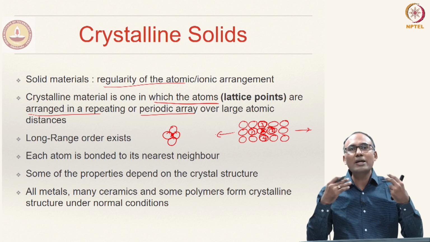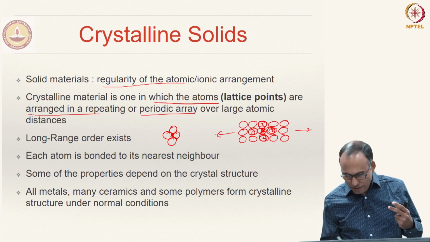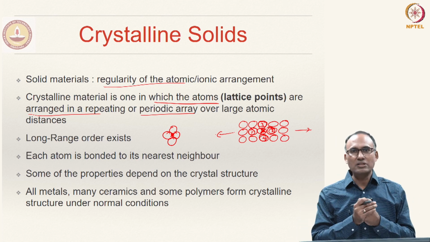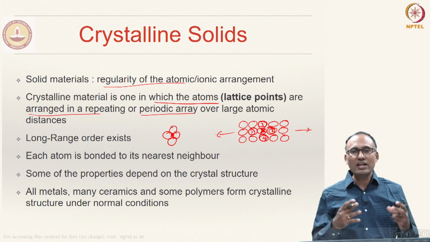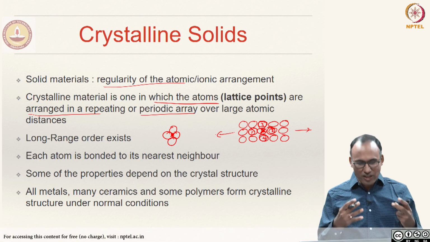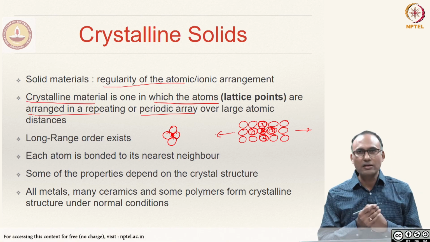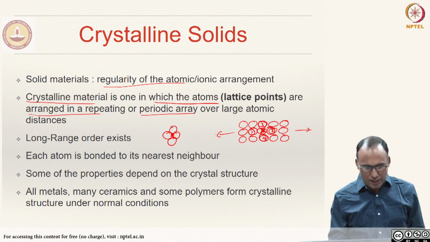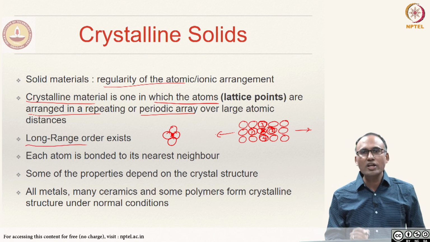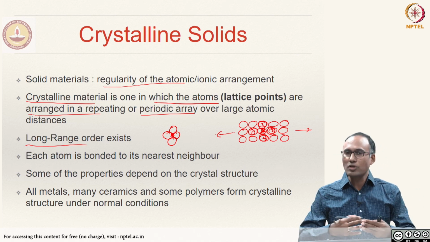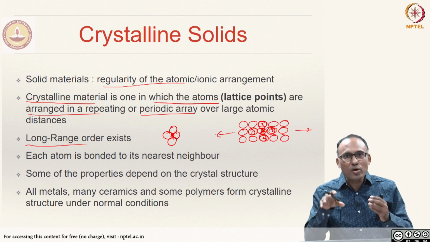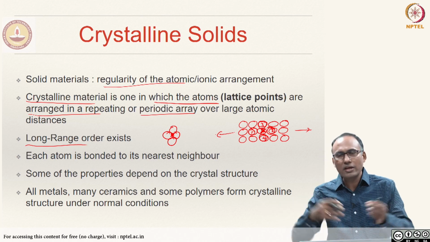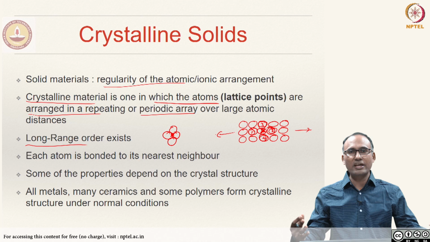That means, we should not be able to distinguish this point or this point in terms of the force fields or the atomic arrangements. And if the atoms are arranged in such a manner, such a system is called a crystalline material, crystalline system. The bottom line, the key here is that the long range order should exist. The order should be existing over a long range. It should not be only local. If it is locally having certain order, but far away it does not have that order, then such a material cannot be called a crystalline material.